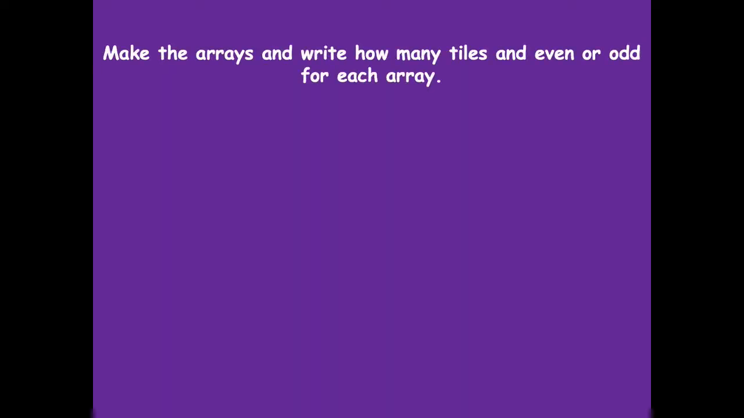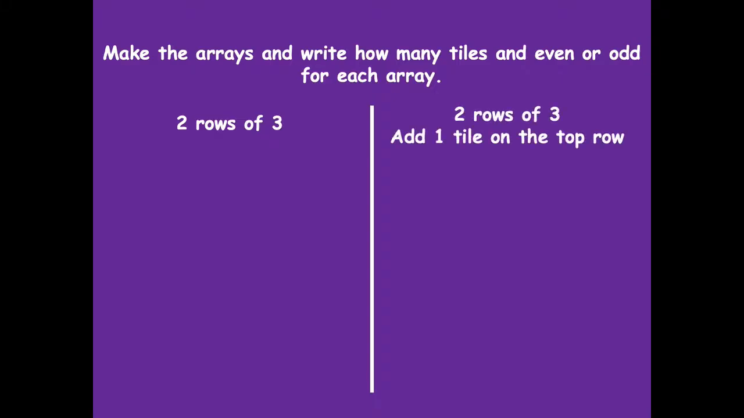So make the arrays and write how many tiles, and even or odd for each array. So we're going to do 2 rows of 3. And then we're going to do 2 rows of 3, but we're going to add 1 tile on the top row in the second array. Okay, so 2 rows of 3 on the left, 2 rows of 3 on the right, plus 1 more tile